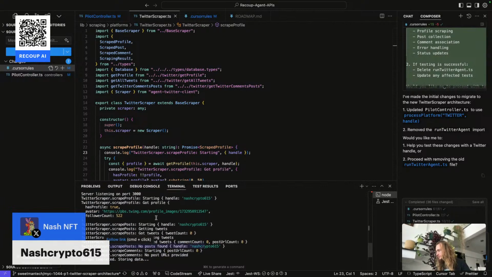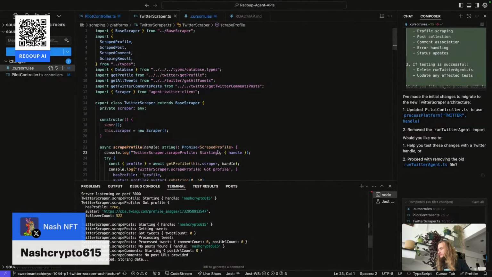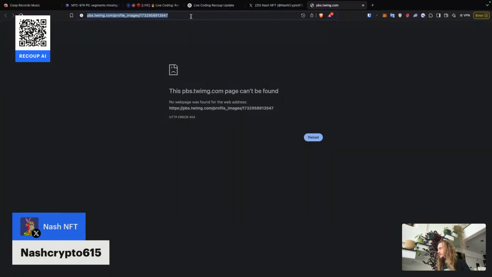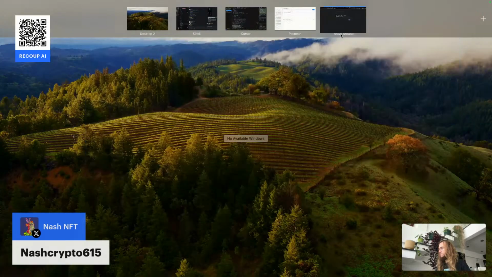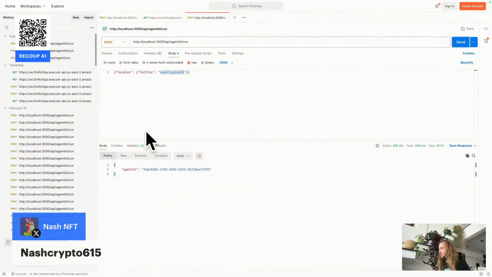This should be Nash's image. Let's check. If I open this up, is it Nash? I don't see any image loading. It's showing an error. So I don't know about that. Let's bring this back over off screen, go back into